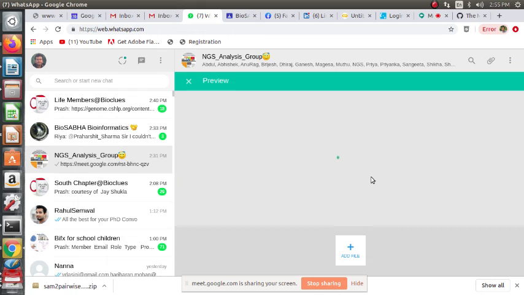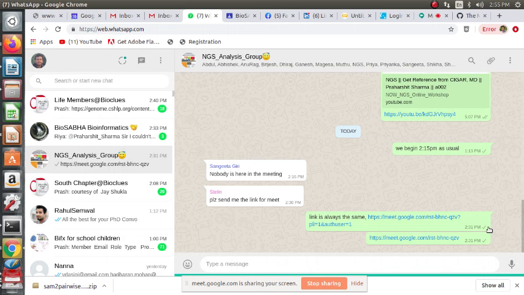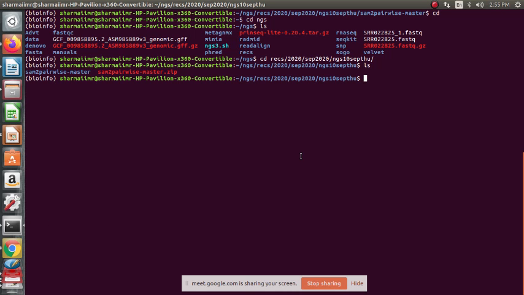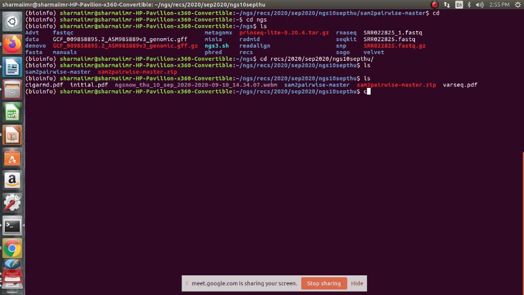You can keep it as a reference with examples for interpreting CIGAR and MD. CIGAR is, as we know, a compact idiosyncratic gapped alignment representation. Okay, it will be attached in some time. So let us come back quickly to today's session.